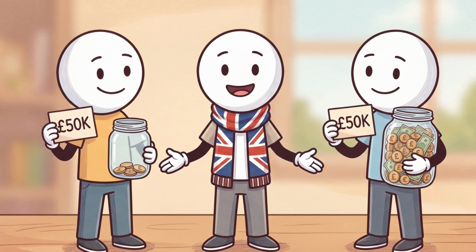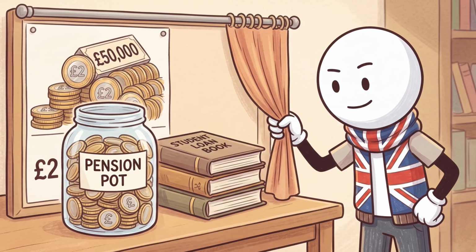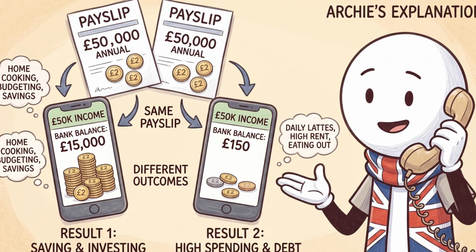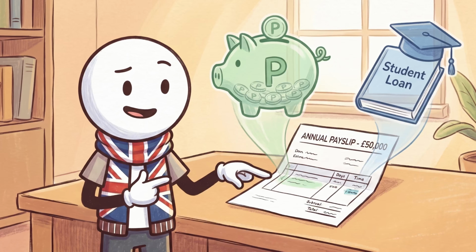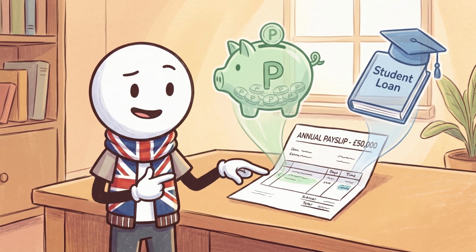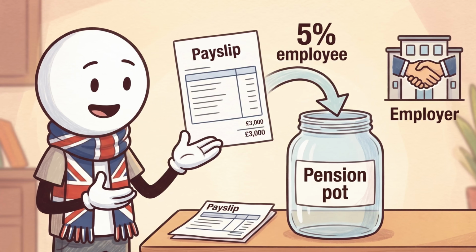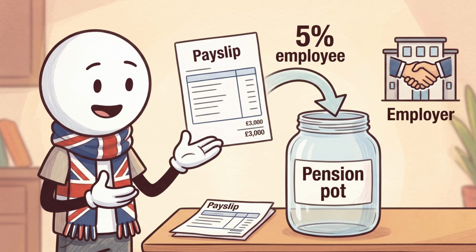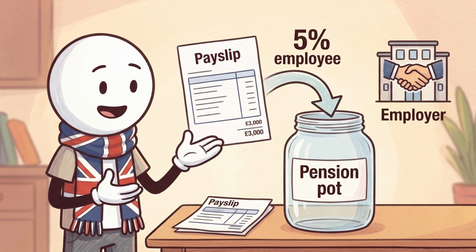Why two £50,000 salaries can feel completely different. Now we get to the hidden layer. The reason two people earning the same salary can have completely different bank balances, even before either has made a bad financial decision. Pensions and student loans. Workplace pension. If Jordan is auto-enrolled into a workplace pension and contributes the statutory 5% employee minimum on qualifying earnings,